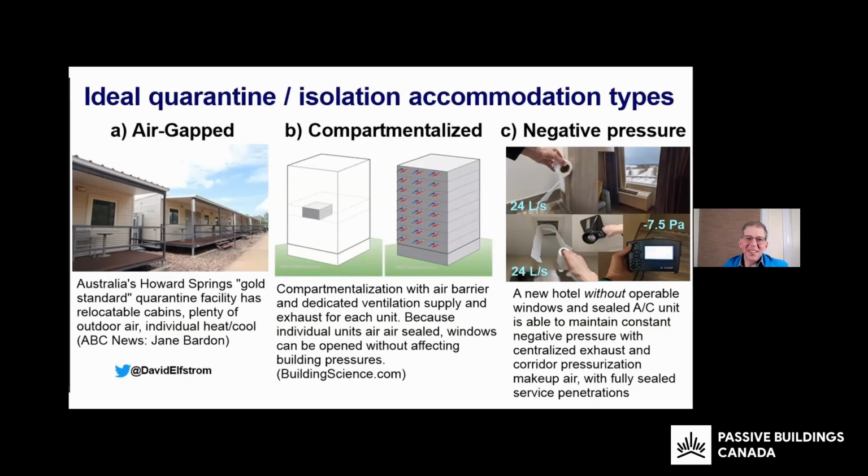For you building science nerds, this is my favorite thing that I put out there. Quarantine really is a building science issue, and so I've categorized good practice quarantine or isolation into 3 different types. The first one is the gold standard, which is Howard Springs in Australia, relocatable cabins. There's plenty of outdoor air, individual heat and cool units, and they've never had any issues with that. There could be some possibility of transfer between units if they all have open windows or something like that, but it's much reduced compared to any other